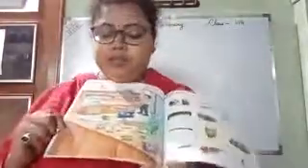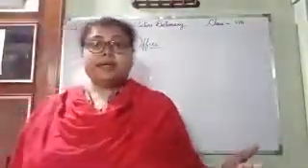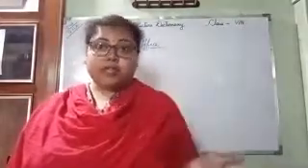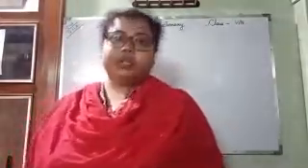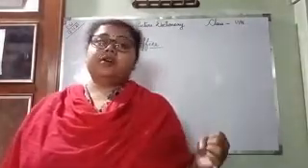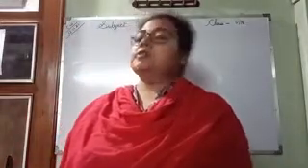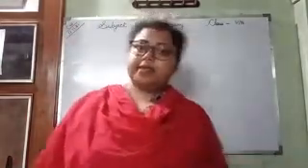In your picture dictionary, page number 48. This is your office chapter. In an office, what things are there and what we call them is mentioned here. By this, you get the knowledge that if we go to an office, you can see what is what and you can say them.